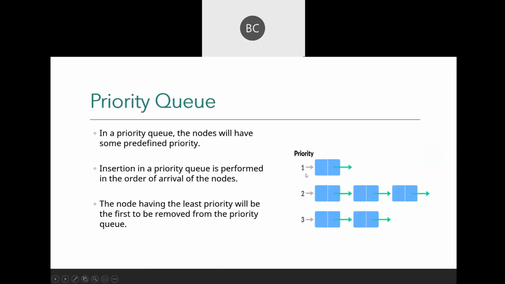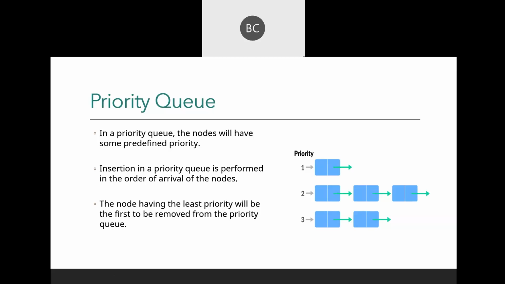Next, another type we have is the priority queue. So what is a priority queue? This will not follow your FIFO. This is a special type of queue, and every element will have a certain kind of priority associated with it.